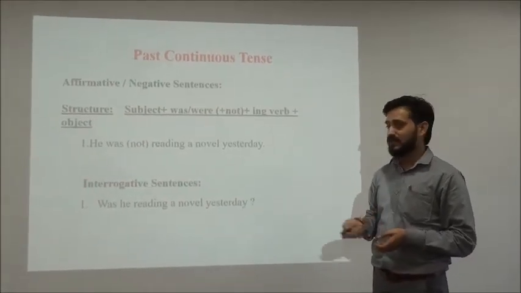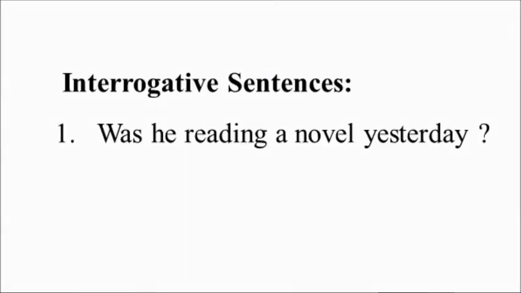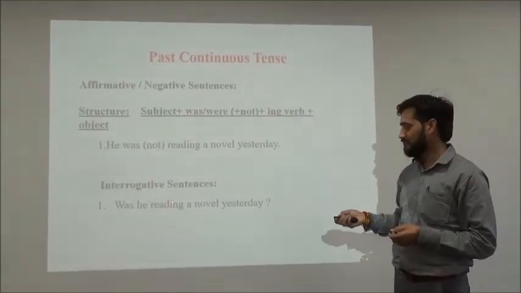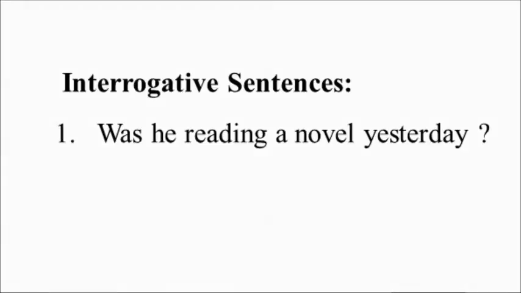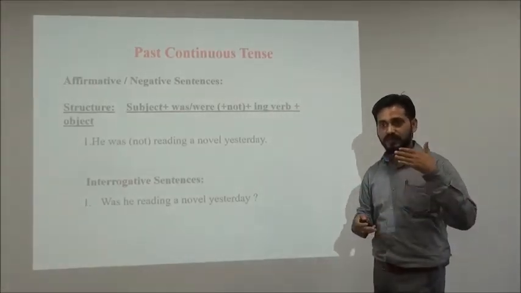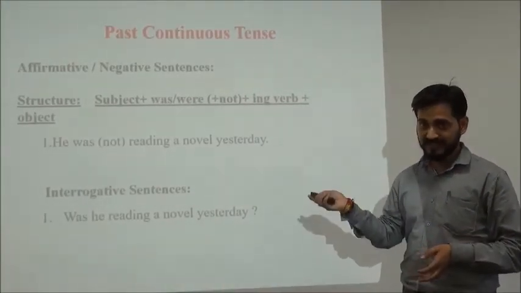Interrogative sentences have different patterns: there is was, the helping verb, it may also be were, then subject, reading a novel. Reading is the ing form of the verb, a novel is the object, and yesterday is time. So by following this pattern, you can ask a question in past continuous tense. Move towards the next slide, that is